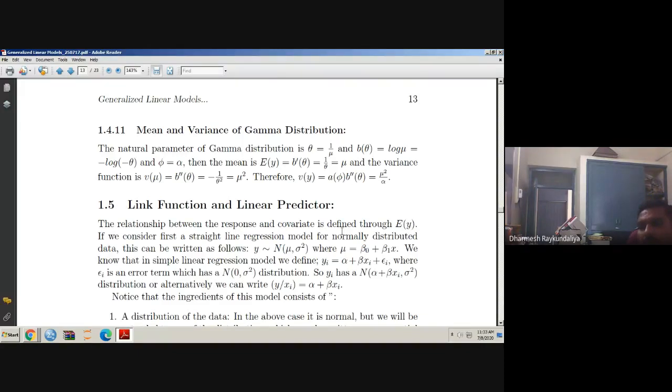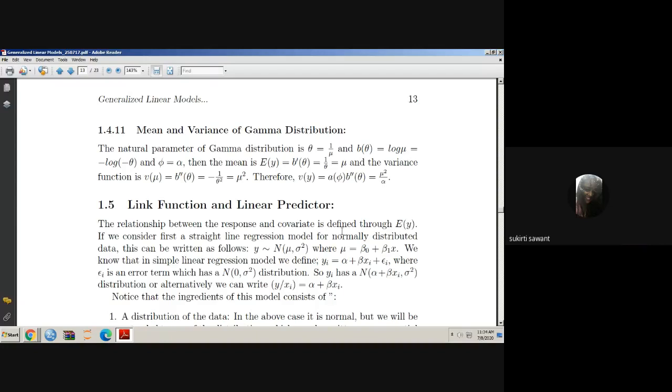So if both beta coefficients are positive, we cannot take the negative sign, so we can ignore it. That we will see when we come to the link function and linear predictors part, and we can have more idea. But while calculating the mean and variance, I cannot say that it is a negative inverse link. It is the inverse link if I ignore the sign. Okay, sir. Thank you.